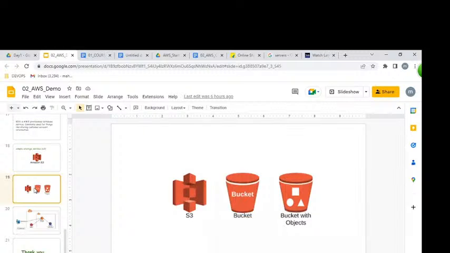Okay, Suresh asked this question: which is the better cloud, AWS, Azure or GCP? All are the same, but I recommend that you pick any one. One cloud should be perfect. If you know one cloud, the remaining clouds are very easy to learn. I recommend AWS first, then Azure. GCP is not bad.